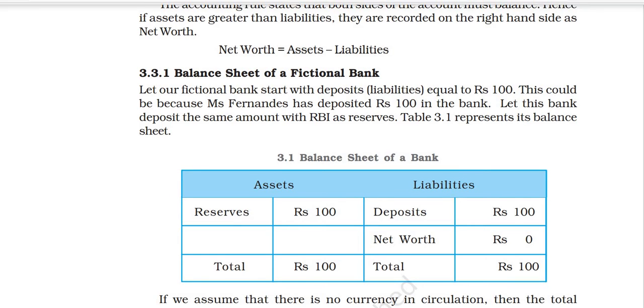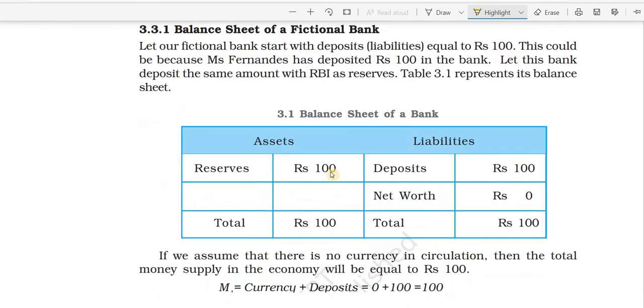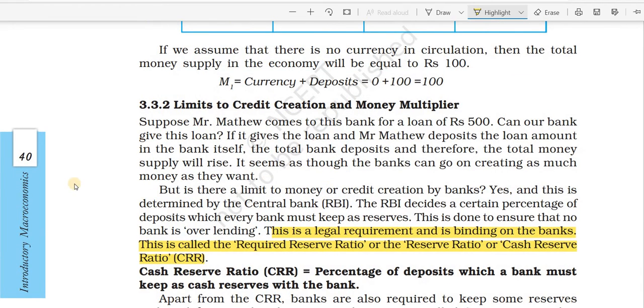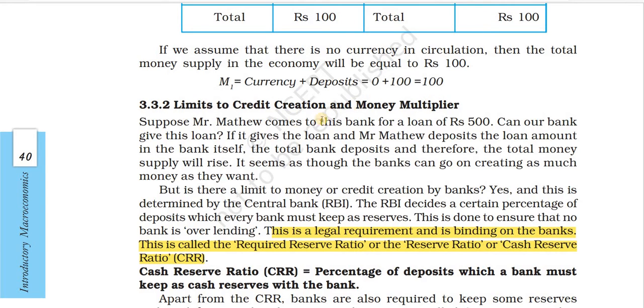Last class we studied the balance sheet of a bank. Today we will study the limits to credit creation and the money multiplier. Here we will study how banks give loans. Then, we know the main controller of all banks is